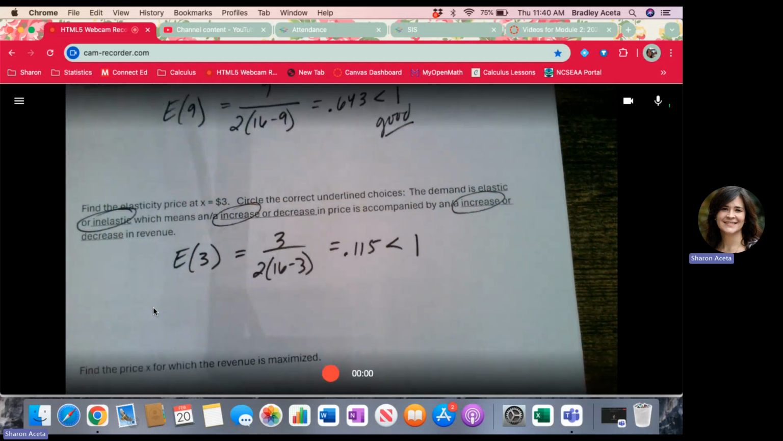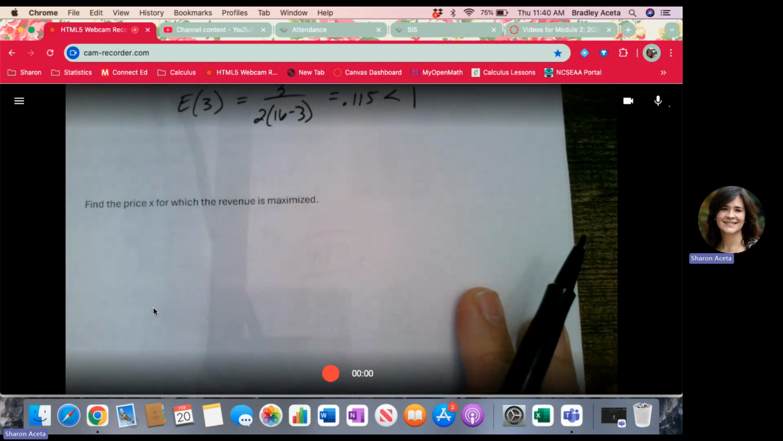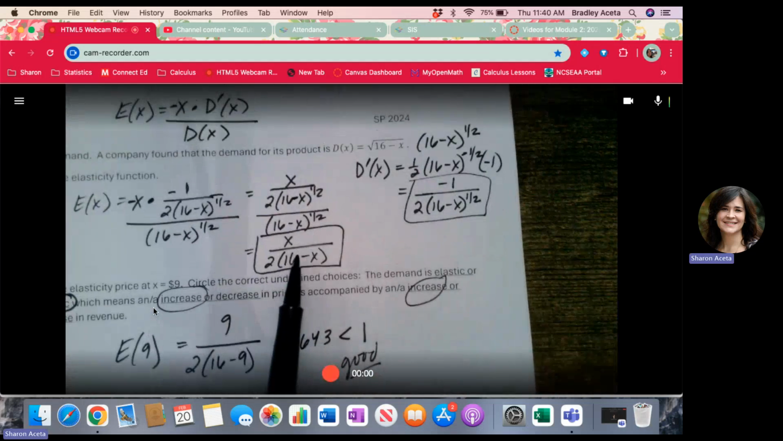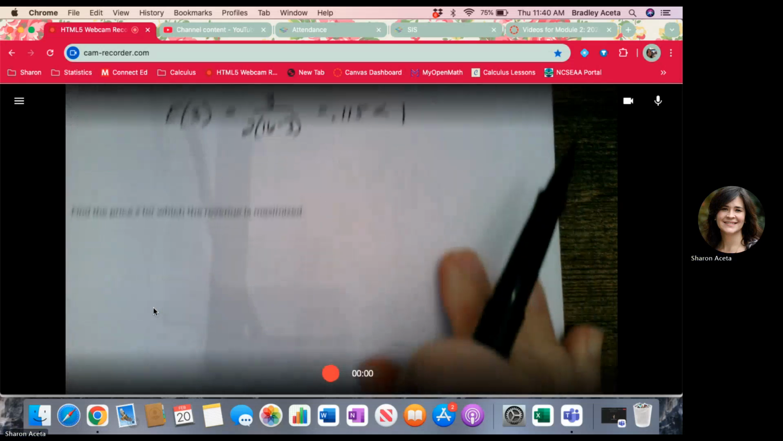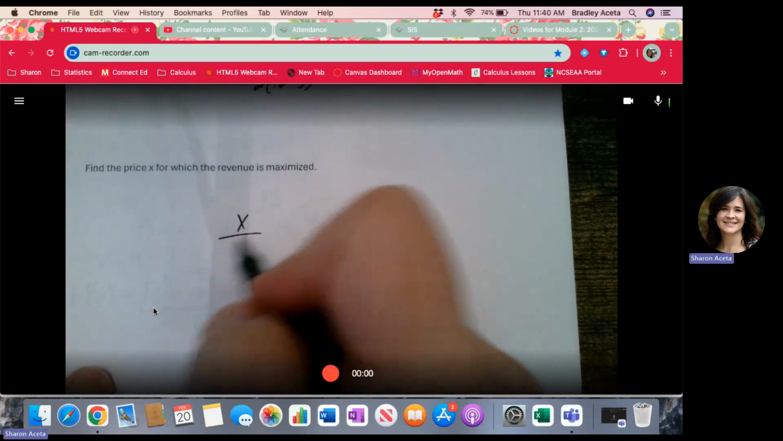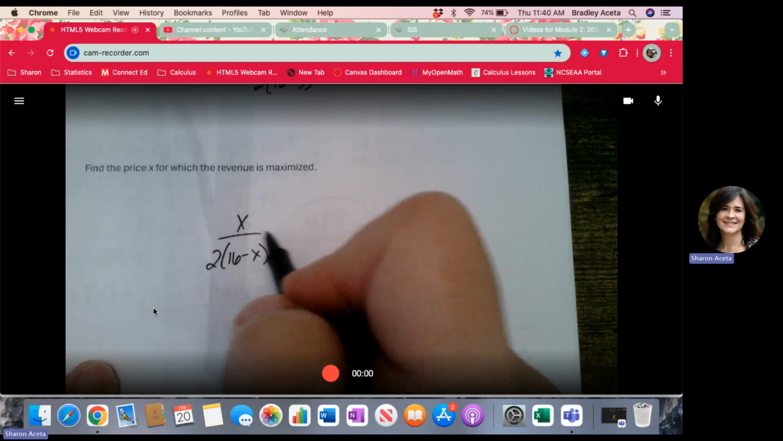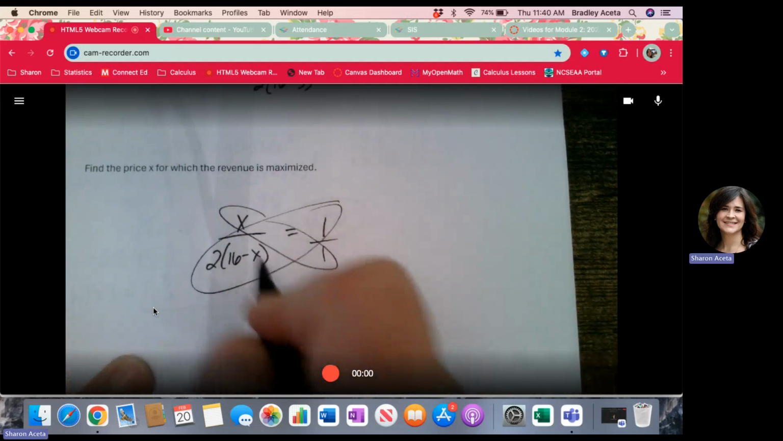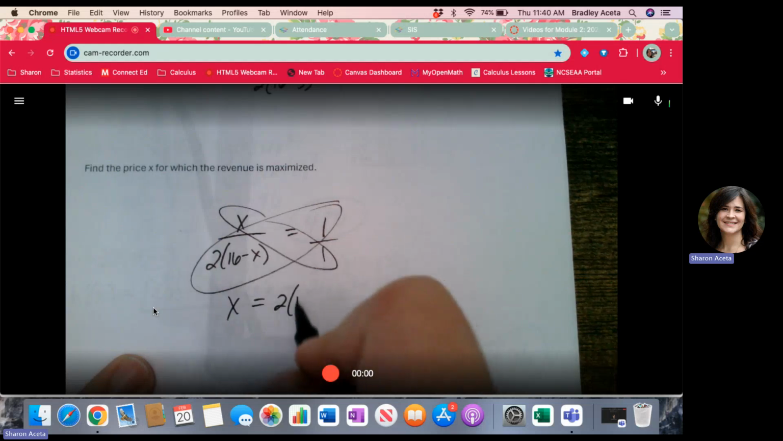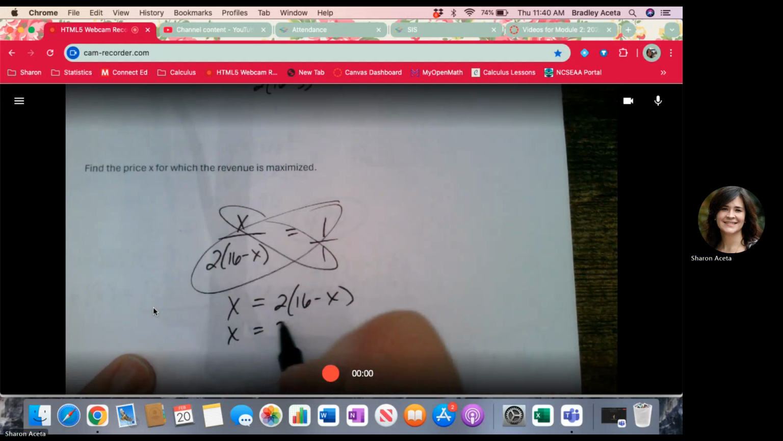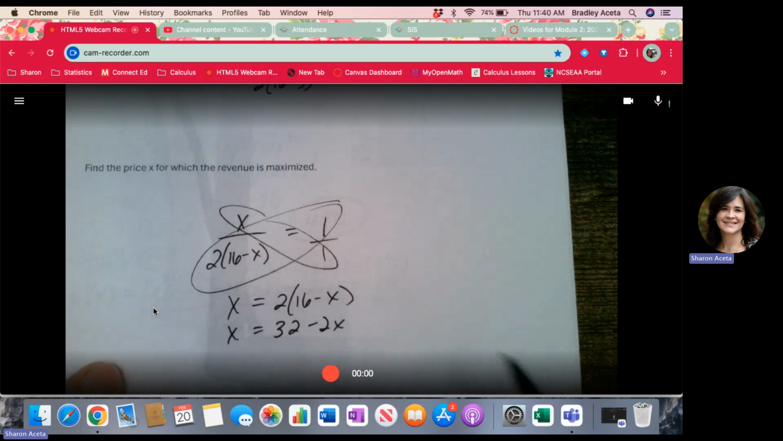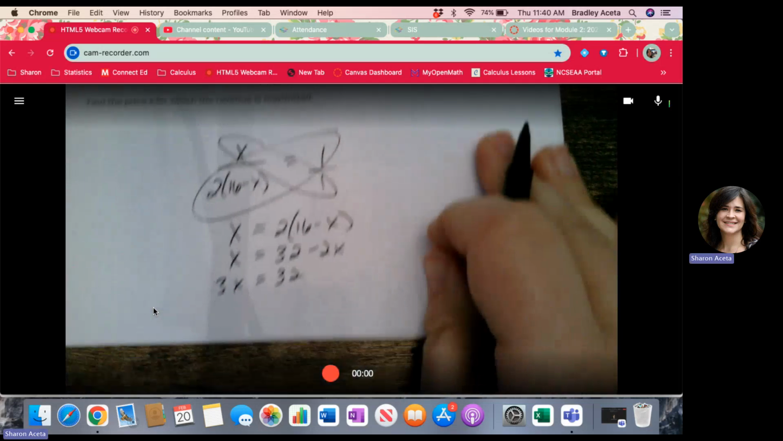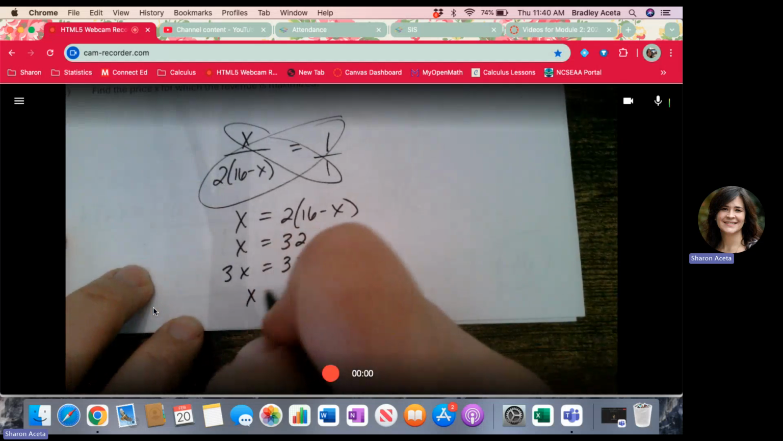Well, what would be that maximum price? Well, let's find out right here. Find the price x for which the revenue is maximized. So you take part A, and you set it equal to 1. And you can think of it as being over 1, and you crisscross, and you get x equals 2 times 16 minus x, or 32 minus 2x. 3x equals 32. 32 divided by 3, since we're talking about a price x, it would be